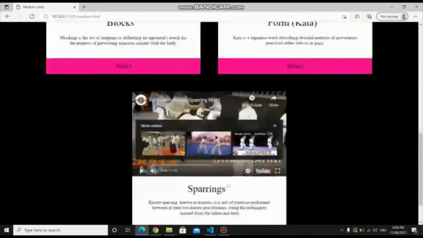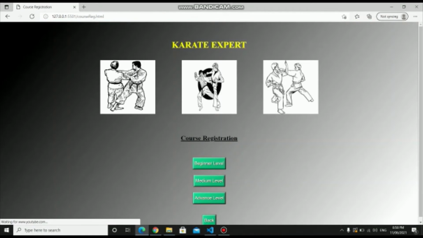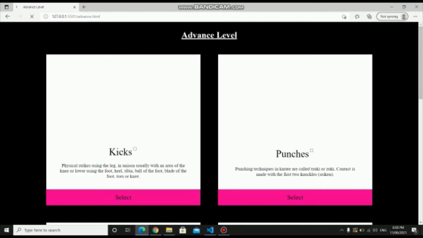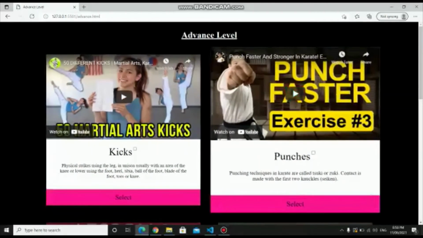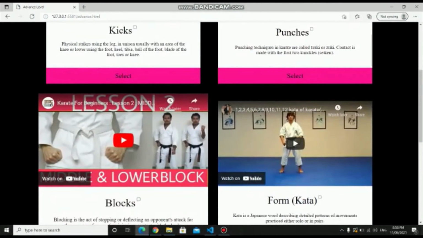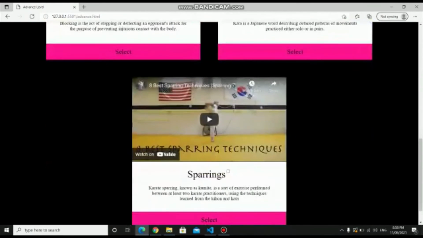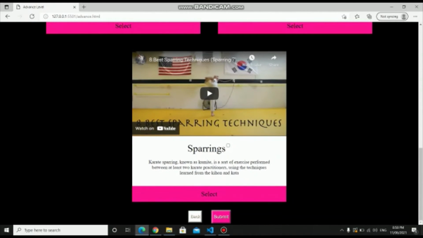So moving back, here comes the advanced level which has similar functionalities, which shows its courses and the videos of specific courses. Similarly, he can press the submit button which will lead to the trainer list. So now moving back,